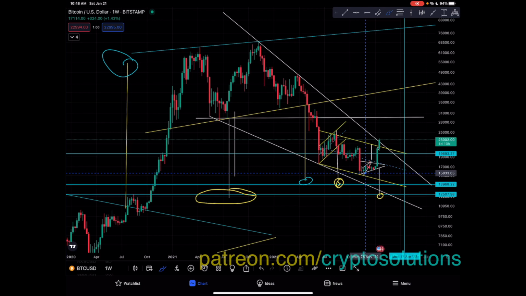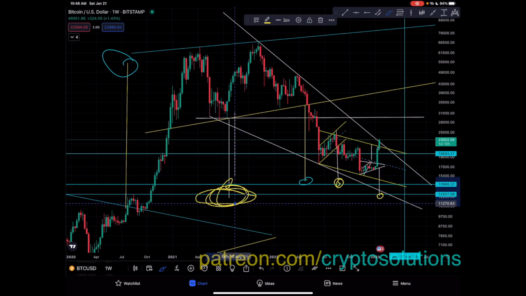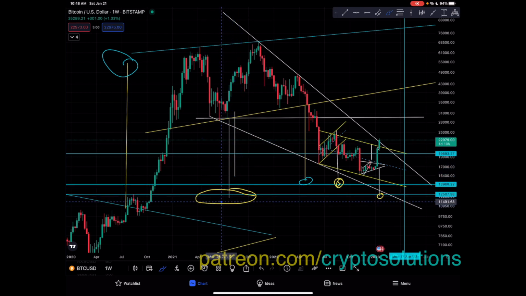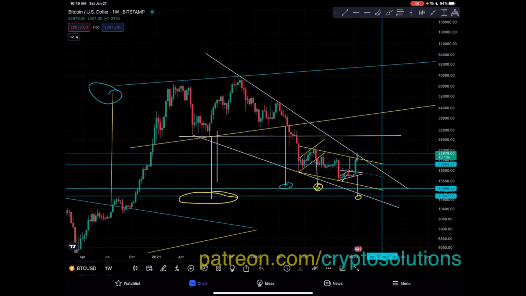So this price target wick to wick was the more, it's not conservative, but it is conservative. But what I'm saying here is that this one is more conservative than this one. So right here, okay, this target has been met. Okay, to be conservative, I'm leaning more forward that this price target has been met.